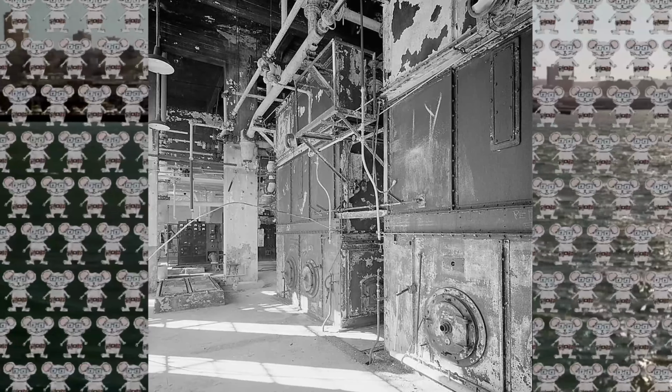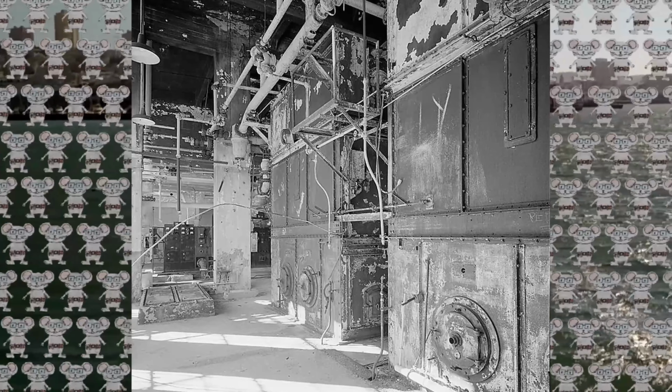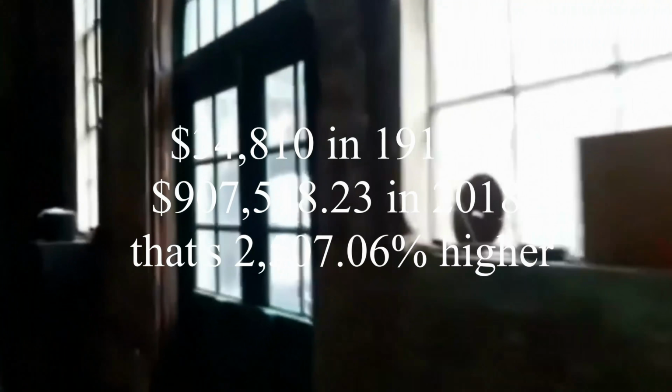August, all apparatuses have been installed at the power plant and pump house, and the work is continuing on the suction pipe. The entire complex was finished in January 1912 at a cost of $34,810. The structure was made of reinforced concrete and contained a main unit, 48 by 65 feet, and a wing,